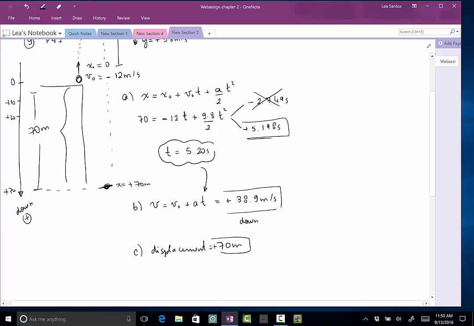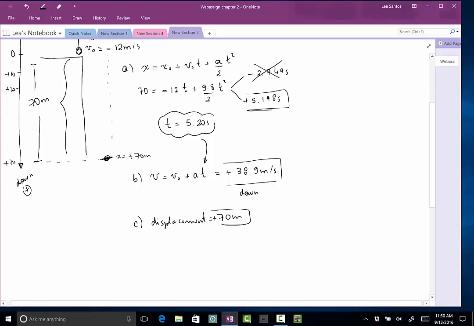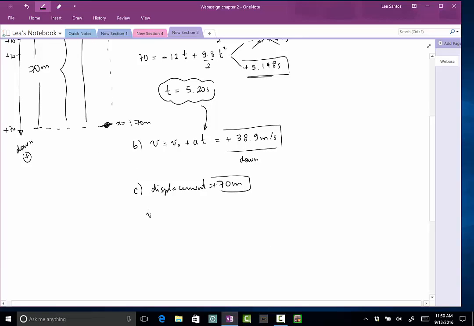Okay, so the best way to find how high it goes above the cliff, now I have no information about time, so the best thing to do is to use this equation here, because this equation does not carry any information about time. What do I know about the velocity at the maximum height? Maximum height is when the object stops to then reverse its motion. So the velocity at maximum height is 0. The initial velocity is minus 12, but I'm going to square, so it's going to be 144, plus 2 times the acceleration, which is positive 9.8. And from here, I will find how high above the cliff this stone goes. So how high above the cliff. The value that you get for this point here should be